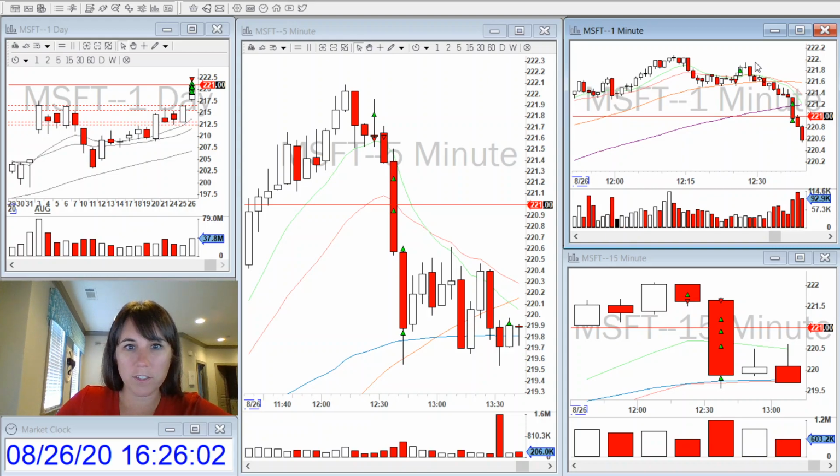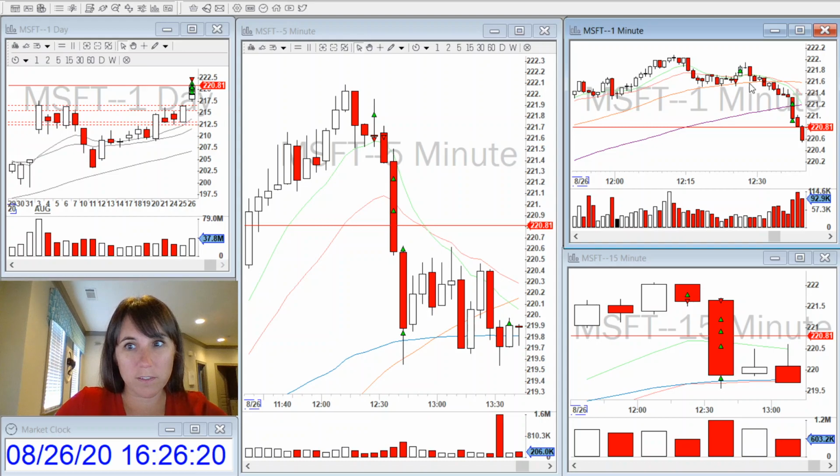That was a really good signal for me to go short. So I didn't catch it right here. I really wanted a little bit more confirmation. So when it came under these, the 9 and 20, and this 50 was for sure crossing this time, I went short again.